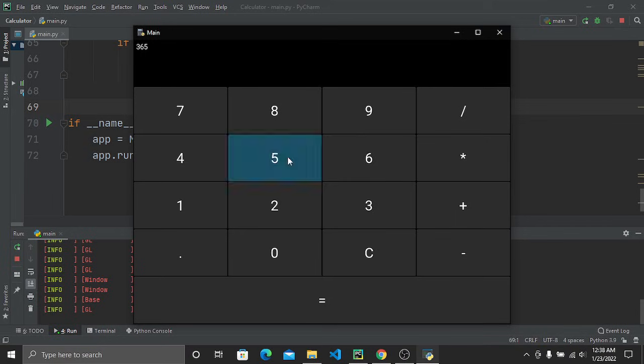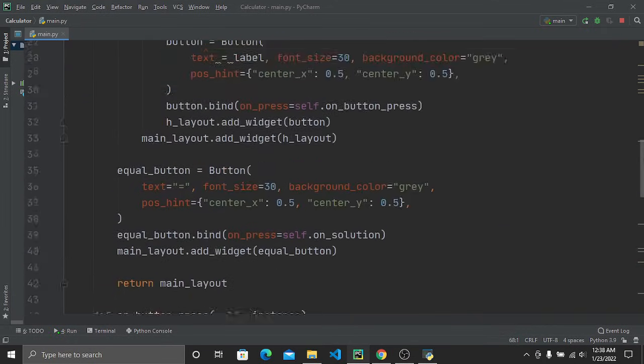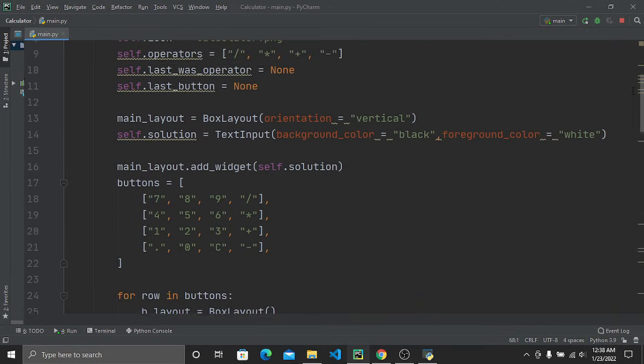Now let's make some changes. Here you can see that this text is too small. I want to increase the size of this text. Also I want this text to start from our right side, not from the left side. So I will make these changes. So for making these changes, let's go to the top. Here you can see that